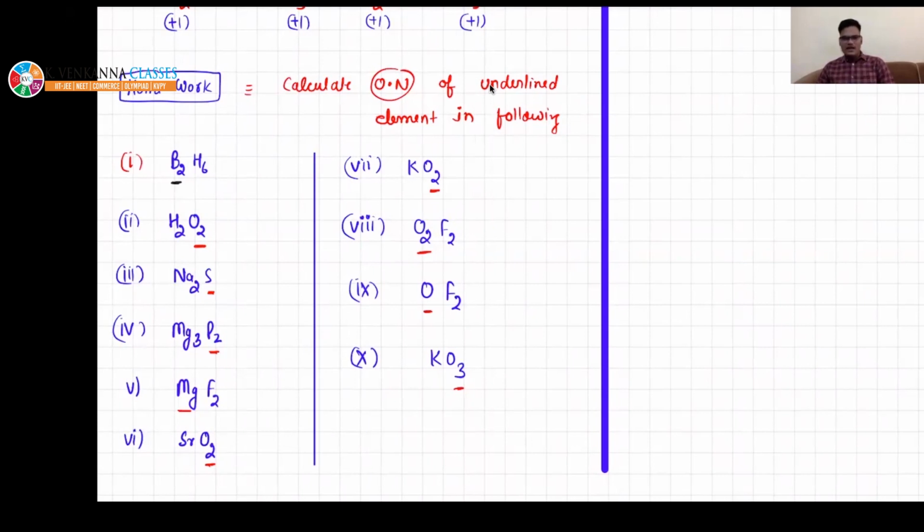Try to solve. I understand that out of 10 you will be able to solve all 10 if you read the rules very carefully and know addition and subtraction. In that case, you will not commit a single mistake. Okay, beta, we will meet in the next class and I will provide notes today only, right?